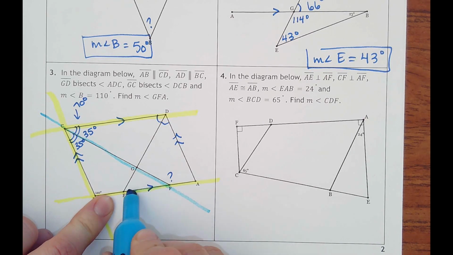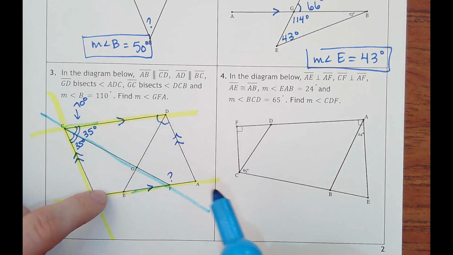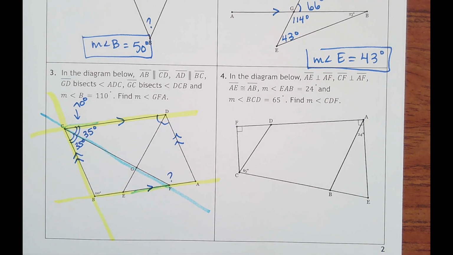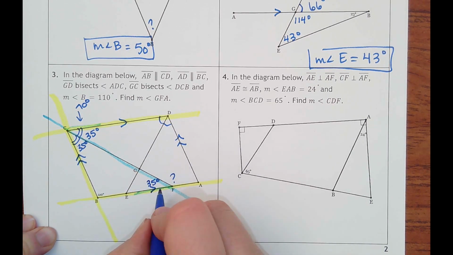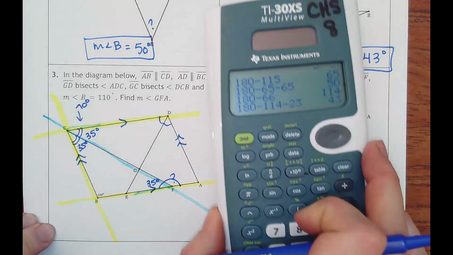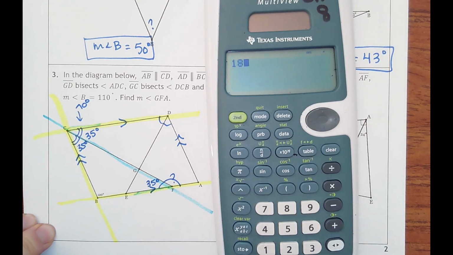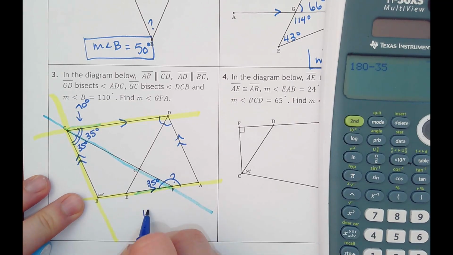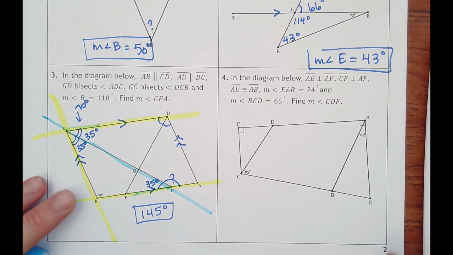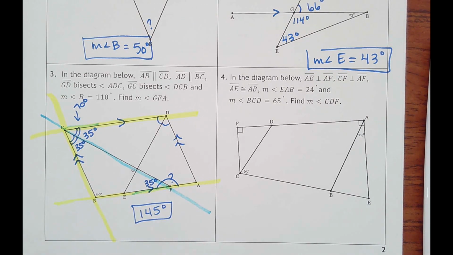So see it right here and right here. It always kind of makes this Z shape. These two would be alternate interior, so that makes that 35 degrees. Then I would have a linear pair here where I could take 180 minus 35, which is 145. So that one was kind of tricky to get started because you're trying to think of consecutive or same side